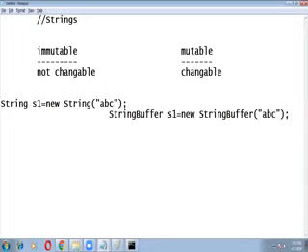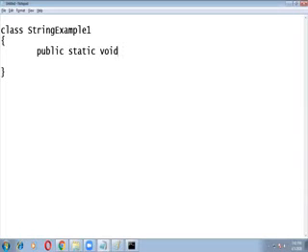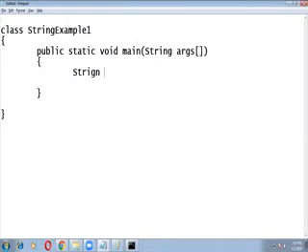Now we discuss different methods in strings, how to compare two strings. For example, class StringExample1. How to compare strings? We can create string objects in different ways. For example, public static void main. First I want to compare two strings. How to compare two strings? Now I am declaring two strings, right? How am I declaring? String s1 equals new String,